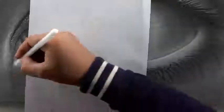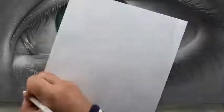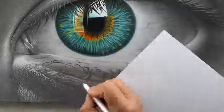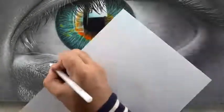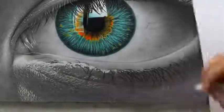And in the end, I'm gonna use this jelly roll pen to add these types of sharp white dots and texture lines on the white lines you just added with the eraser. The starting portion of these first few eyelashes is much more white and highlighted than the remaining portions. So I'm also gonna fill it with white pigment. And also add these thin lines on these last few eyelashes,